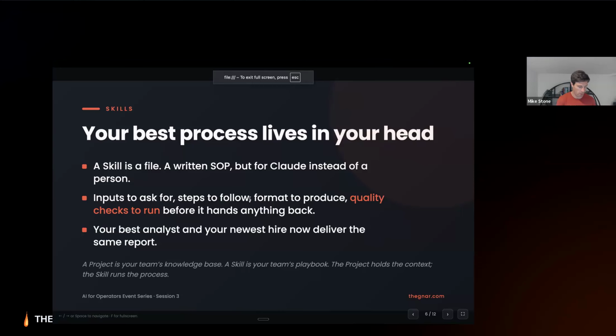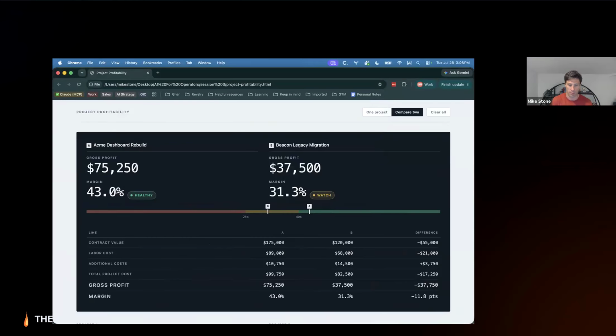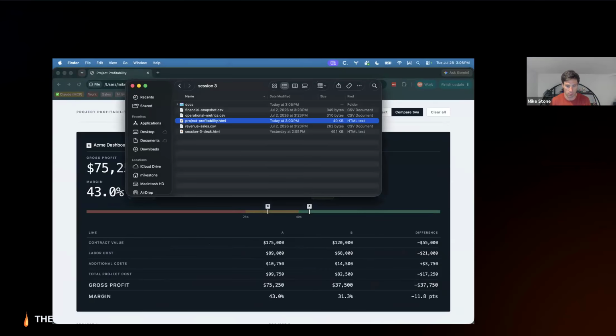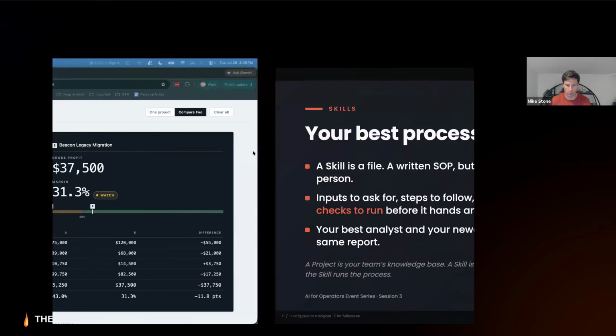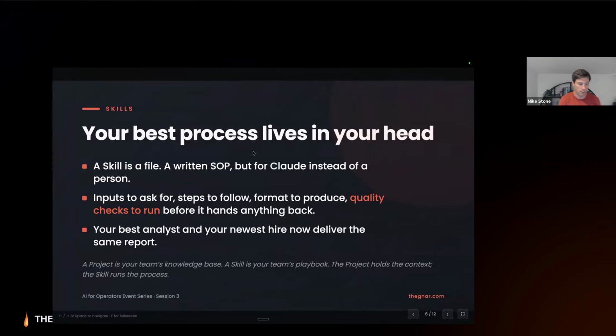All right, I want to move on to skills now. We built a workflow in session 2, and that was around report generation. So we had a weekly operations report that we were working on.